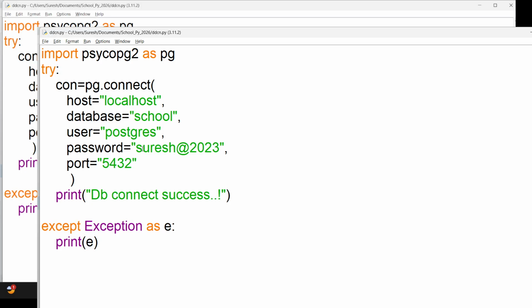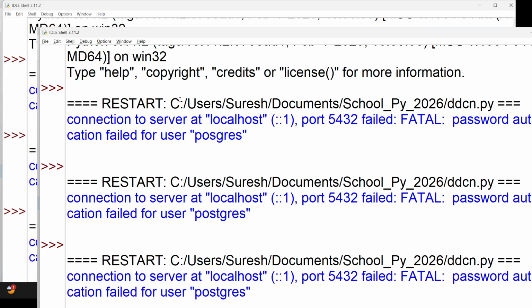Everything is correct, so what's the problem? We used psycopg2.connect, and that is not a problem. Actually, we can use the short form also. Let's try with my function. Hmm, the password failed.